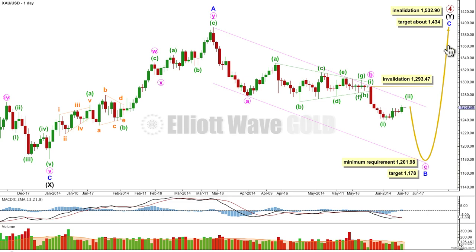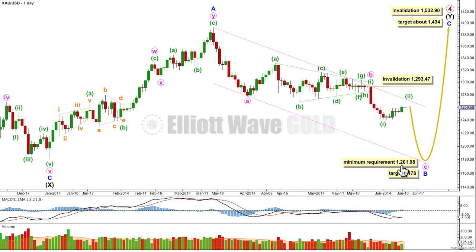Primary wave 4 is either a combination or a triangle. Combinations are more common, so that's the main wave count. The first structure in the combination was a zigzag, so the second structure beginning here may be either a flat or a triangle. Flats are more common than triangles, so that's what we'll expect is most likely to happen. A flat would subdivide 3, 3, 5, and within it the B wave must reach a minimum 90% the length of the A wave at